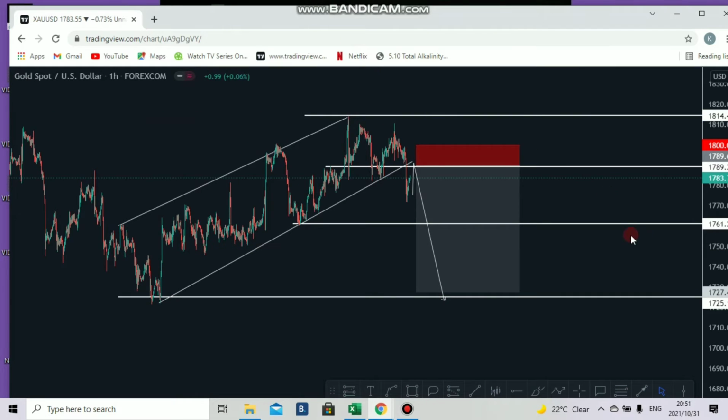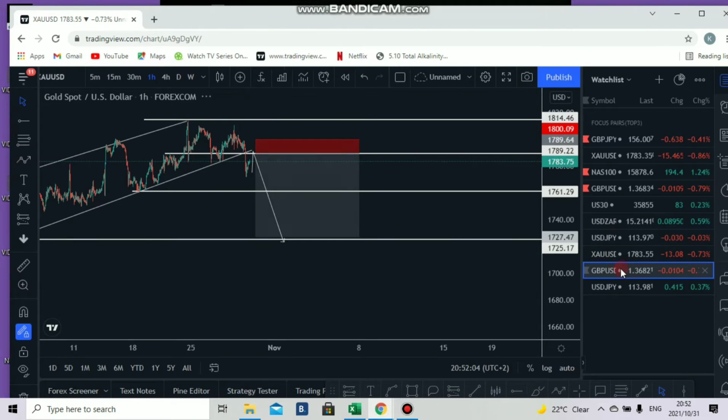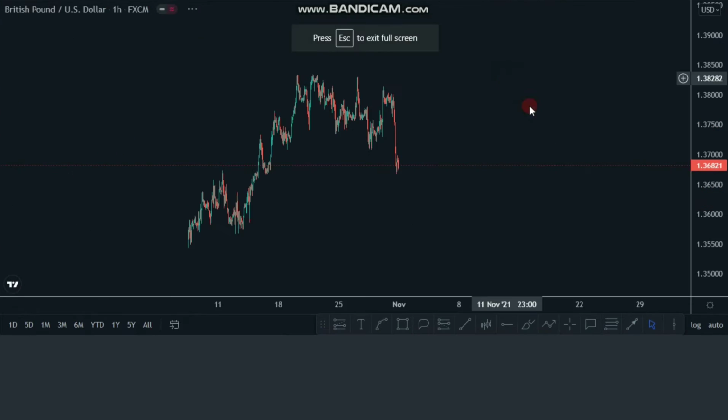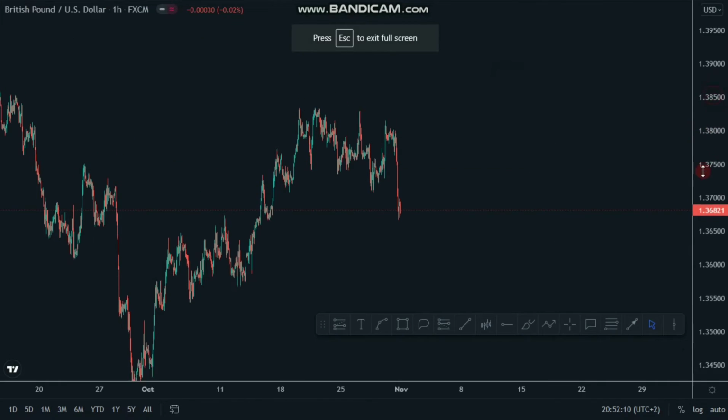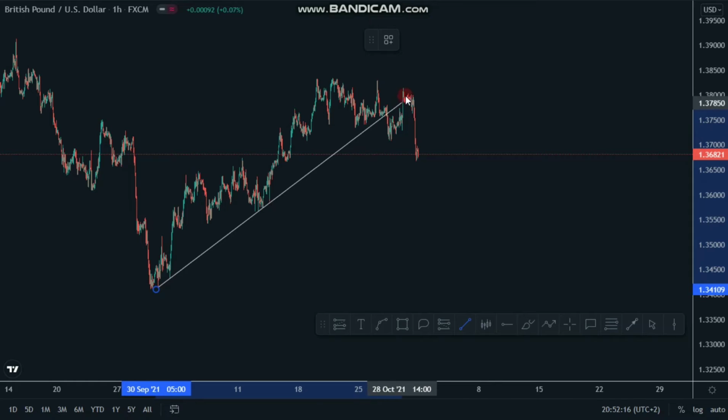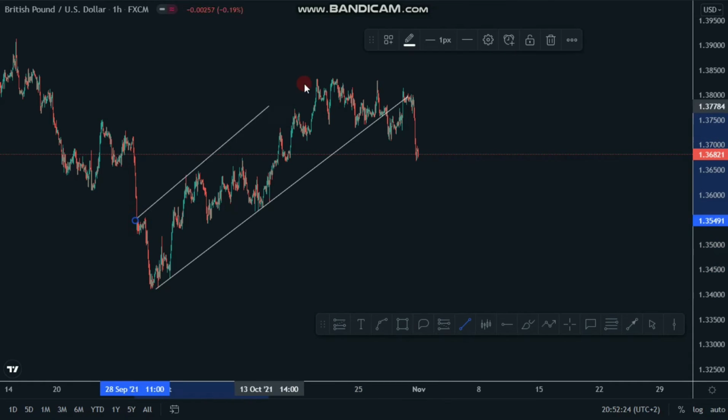We're going to check GBP/USD. GBP/USD is positively correlated with gold 80 to 90% of the time. As you can see, they have similar bullish movement to the top side. As USD is on the right-hand side, they have a positive correlation. So GBP/USD, known as cable, has been pushing to the top side, respecting this trend, catering for most